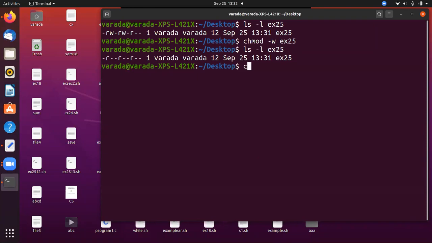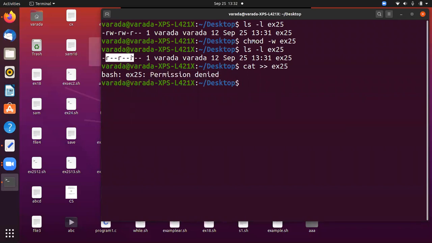Now if you try to append something to ex25, it displays an error message. If you observe, what is the message it displays? Permission denied. So what permission does it have? It has only read permissions. It does not have write permissions. We cannot write data onto this file, so it displays the message permission denied.